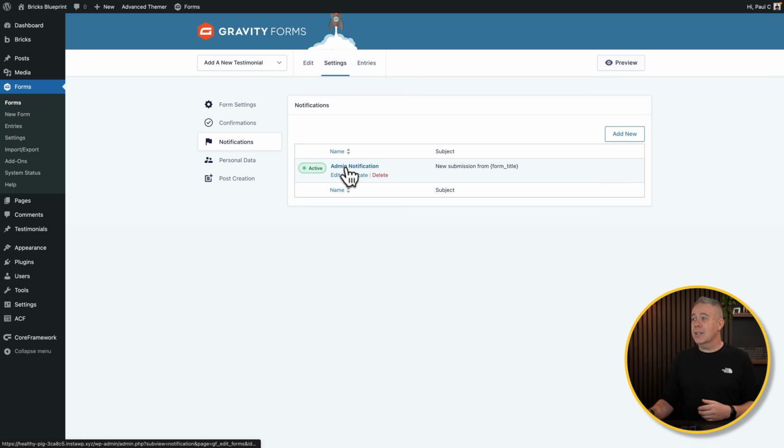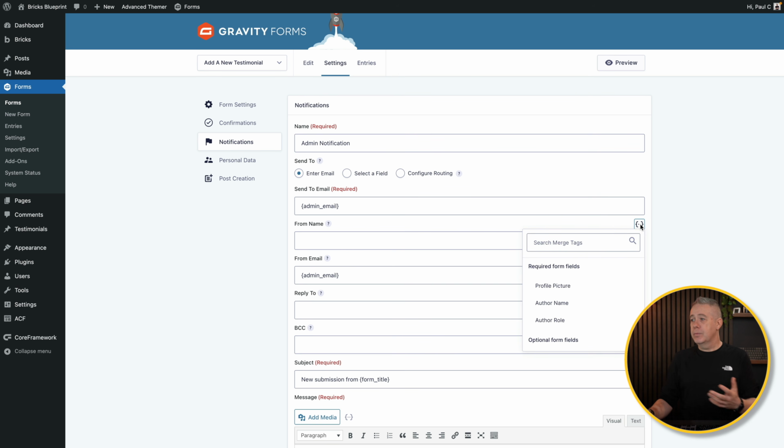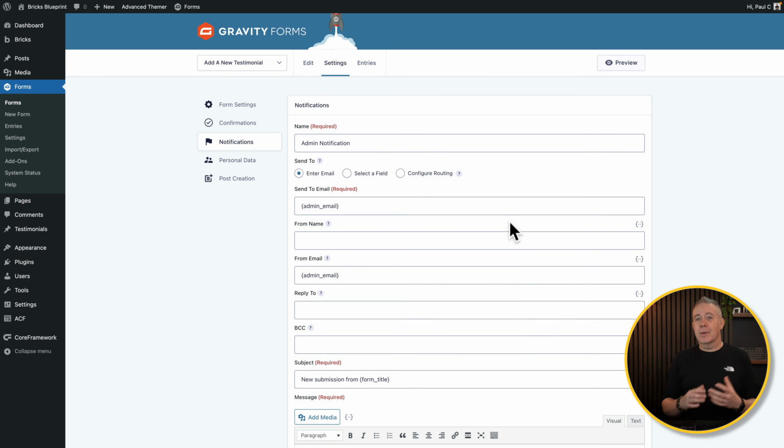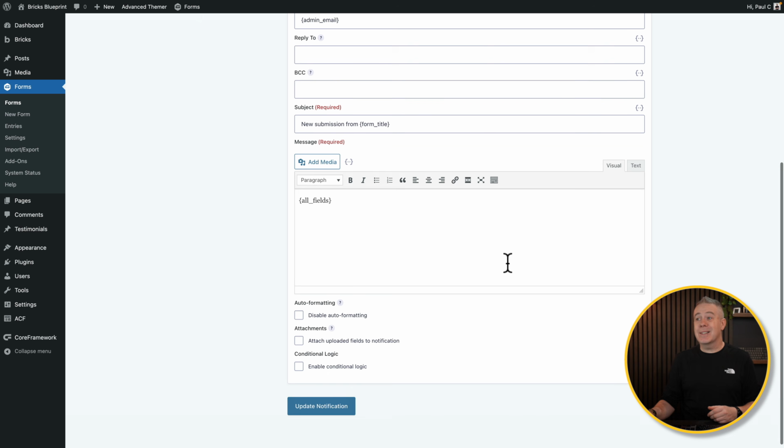So you can see this is currently active by default. You can come in and customize this however you want to. So you can have it be an admin notification. You can send where the emails go. Again, we've got these dynamic tags that allow us to pull in any merge information. So if you're used to working with any kind of email marketing and so on, this will be very familiar to you. So you can fill this out and then they will be notified when something has been added